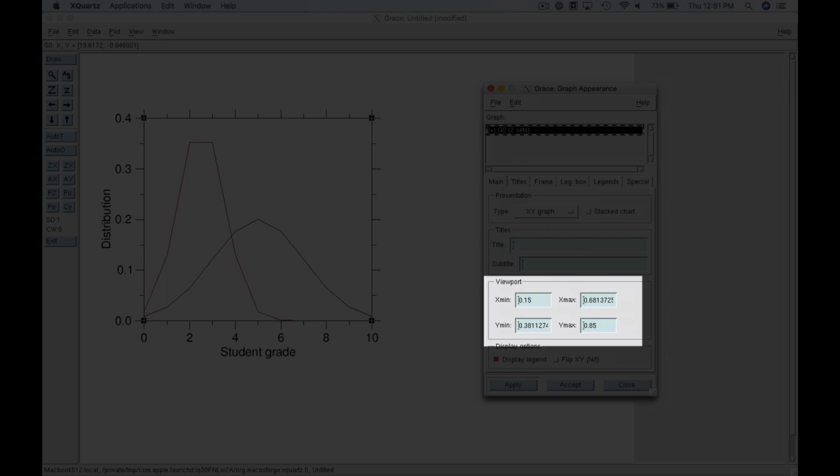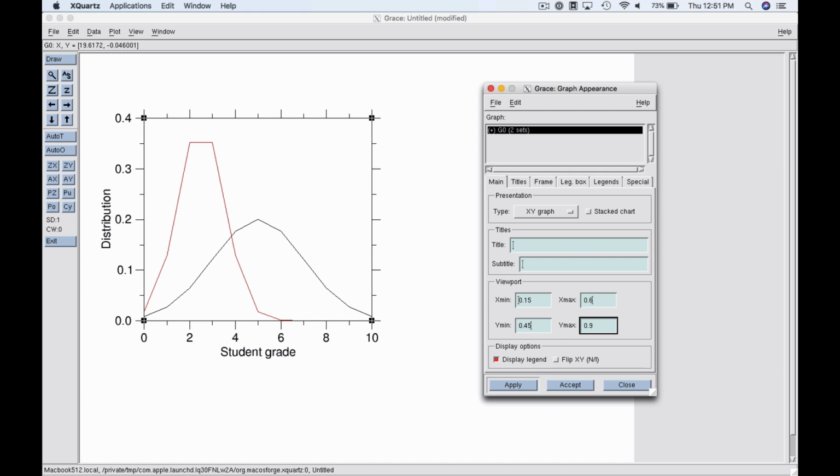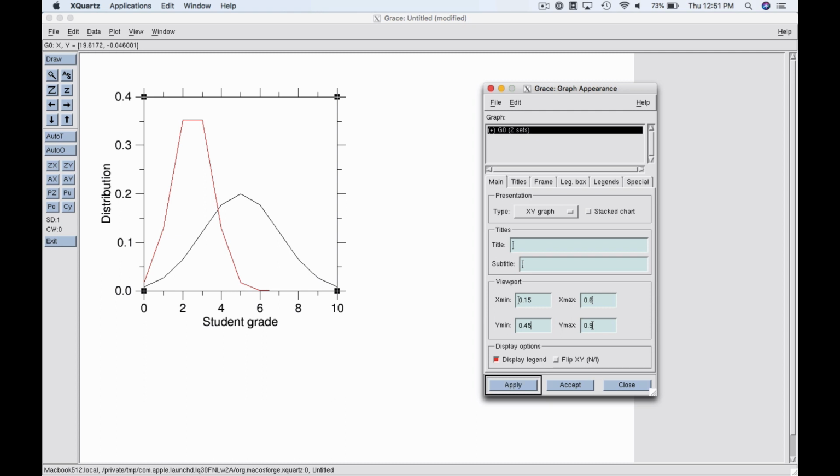So for example, here we are going to choose the minimum X to be at 0.15. We are going to choose the maximum X to be at 0.6. We are going to use Y to go between 0.45 up to 0.9. So in this case, we will make a square plot which has the same dimension on X and the same dimension on Y. Okay, so if you apply it to this, now we get a